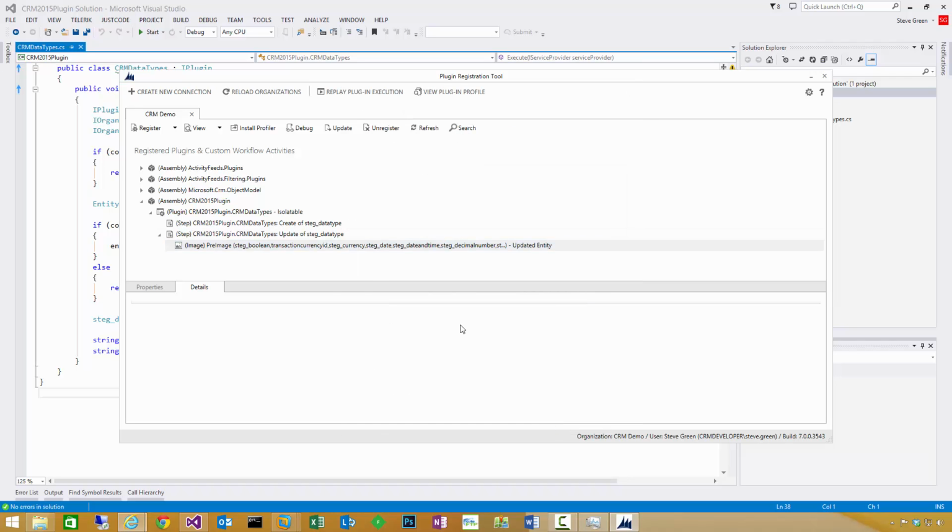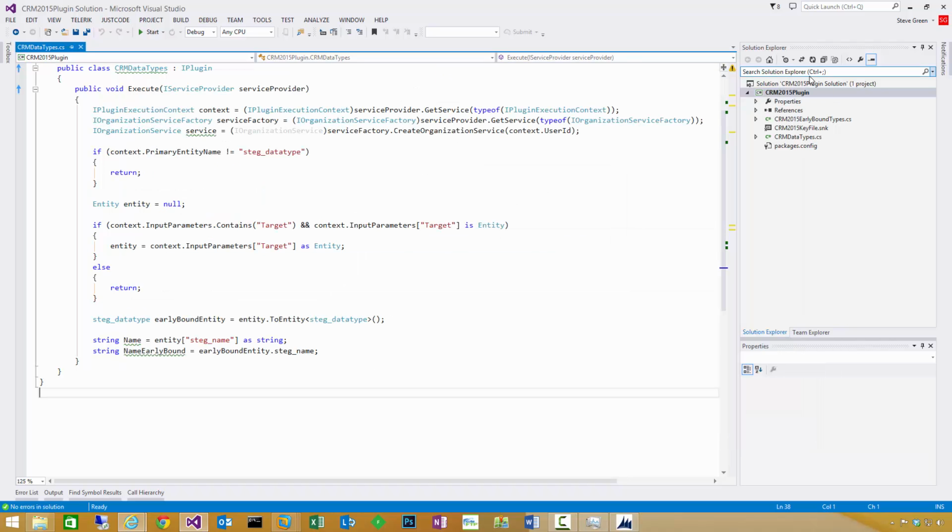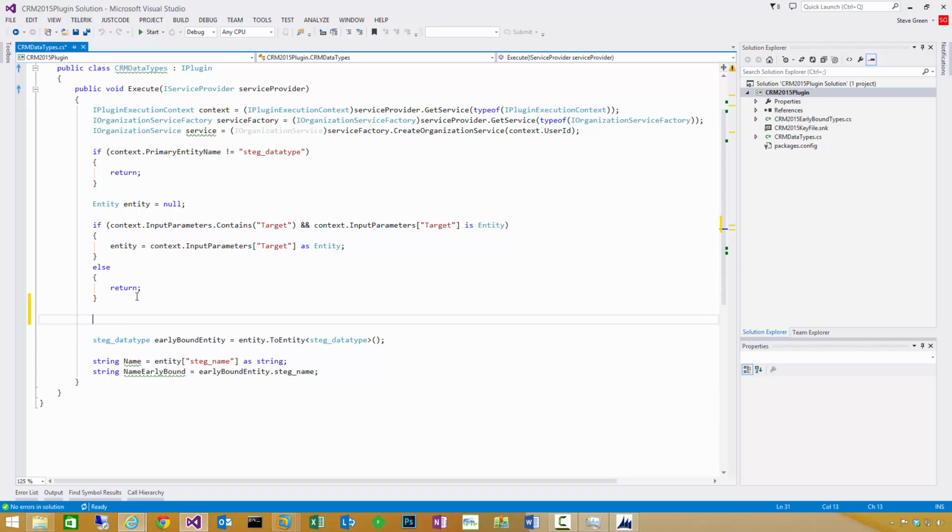So register the image, and that's done. I'll minimize that for now. So coming back over to Visual Studio, after we read our entity late bound type in from the input parameters, after that logic we can also do a check and say